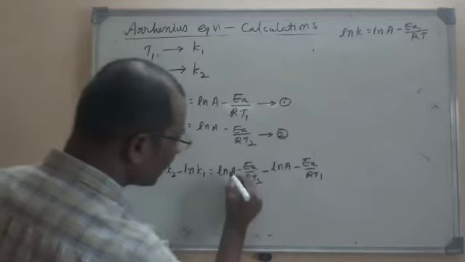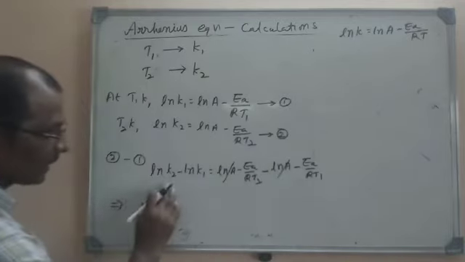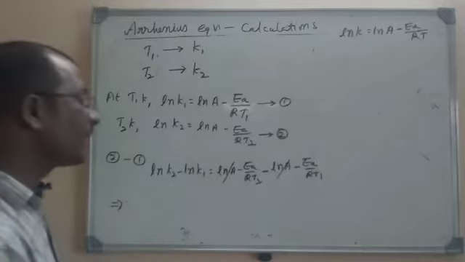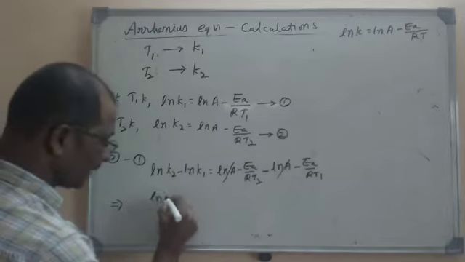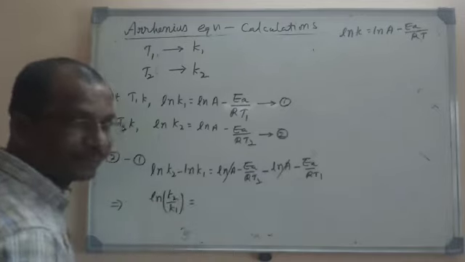What will happen? ln A goes with ln A. Log A minus log B is log of A by B. So that is ln k2 by k1 is equal to